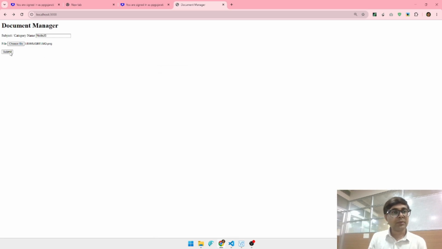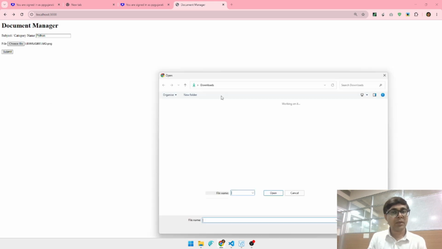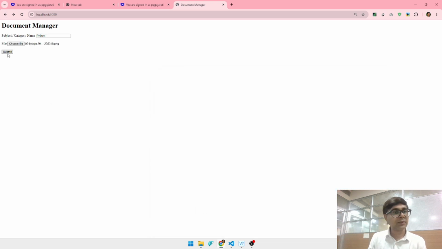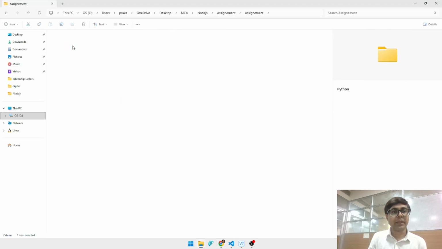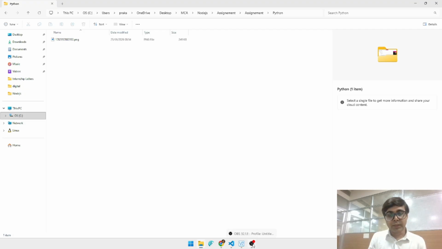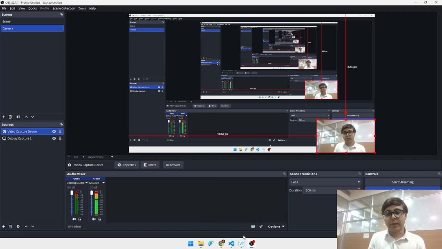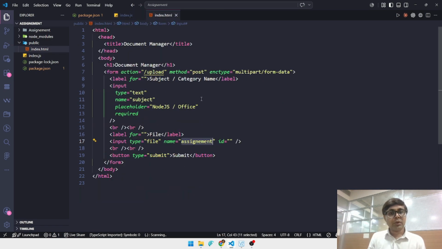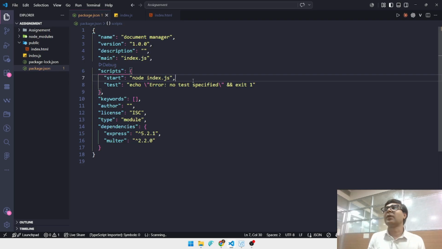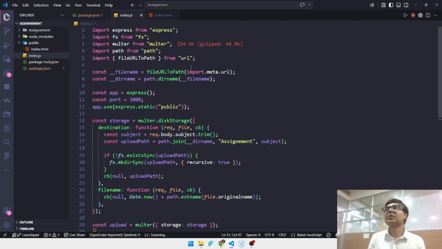If I want to upload another file, will it work or not? Again, same directory, upload. I change the directory. For example, another subject, Python. I suppose I use Python. Submit. Is it created? Right? So in this way, we prepare the file uploading code, and here is the whole code. Okay. You try it once and make this possible, because it is not that difficult. But line by line